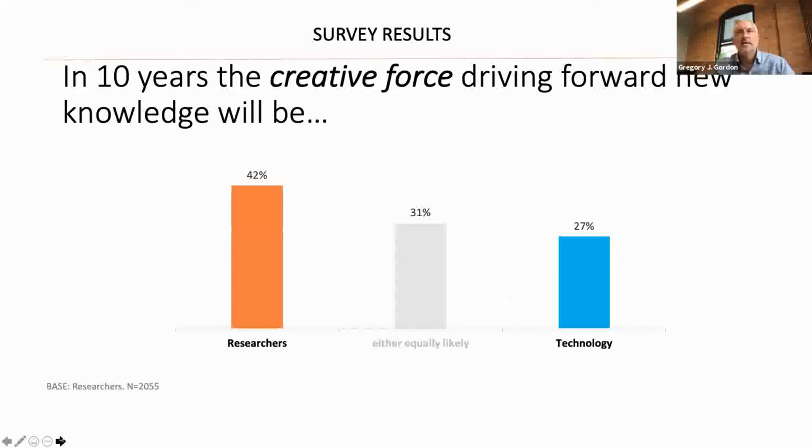So when we talked about the creative force driving forward new knowledge, one of the key questions was: is it going to be based on the researcher or based on the technology? Now, this is for the overall survey. 42% of the respondents said researchers and 27% technology. And the social science researchers were right along those same lines. In fact, if you dig into the details, they actually said that they're even less reliant on technological advances,